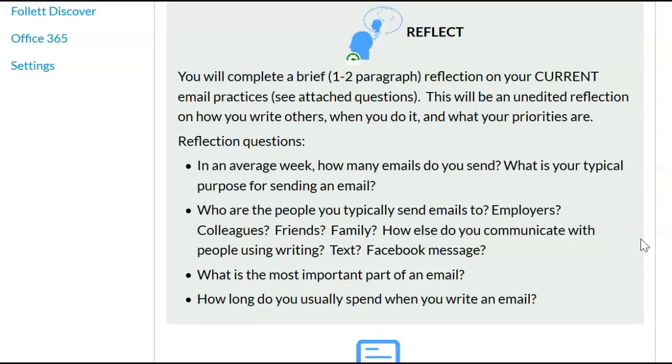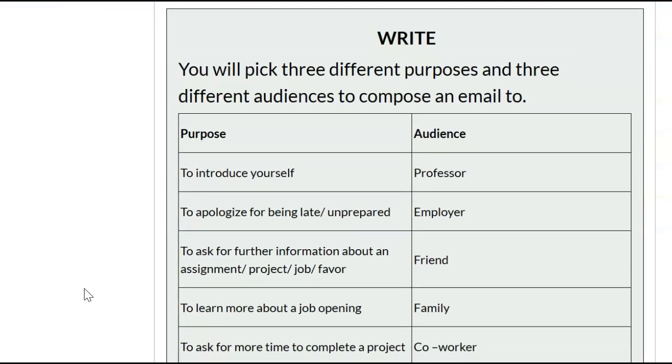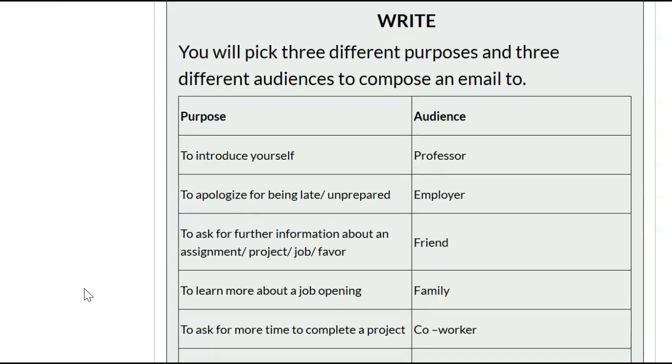So for the first part of this, you're going to answer these 4 questions that tell me when you email people, why you email them, and what you prioritize when you email them. That will be something that you complete during the first week of this assignment: Part 1, with the reflection questions. Part 2 is where you are going to pick 3 different purposes and 3 different audiences to compose